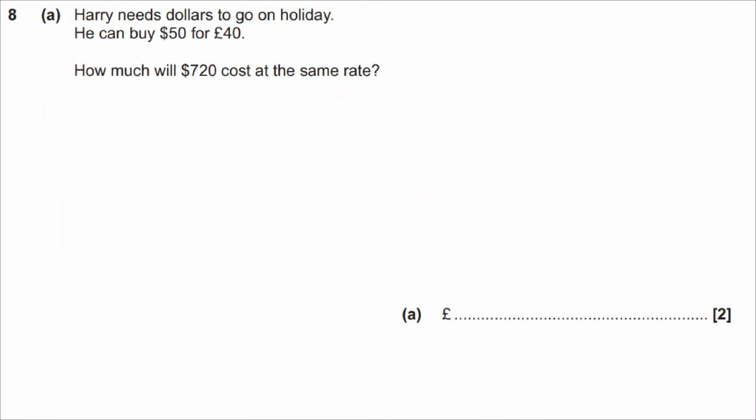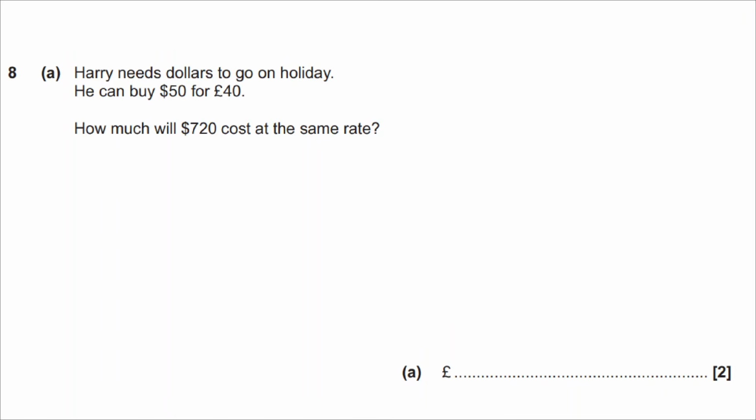Okay, question 8. Harry needs to buy dollars to go on holiday. He can buy $50 for £40. How much will $720 cost at the same rate? So again, a bit of a ratio question here. We've got $50 to £40, and he has this many dollars. So we're just going to be upscaling again. So we've got $720. Now to get from here up to here, we can do 720 divided